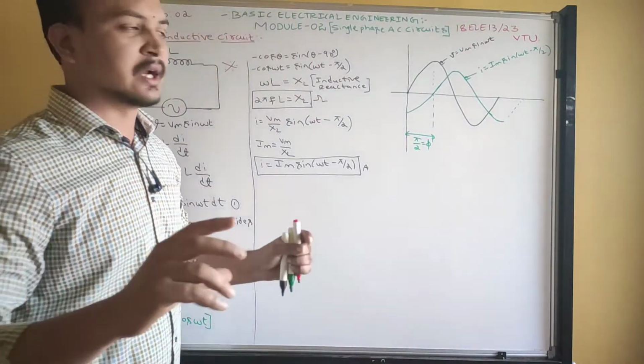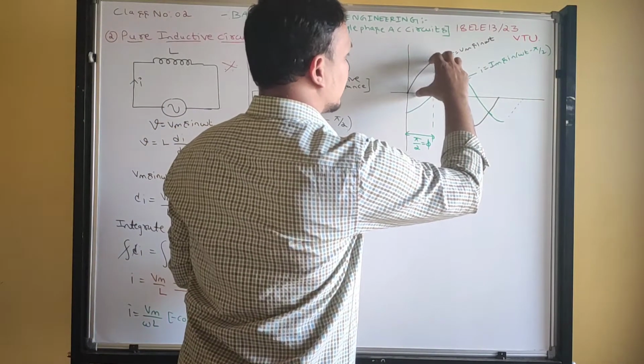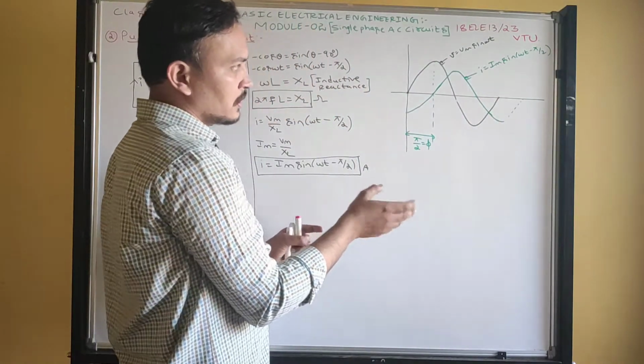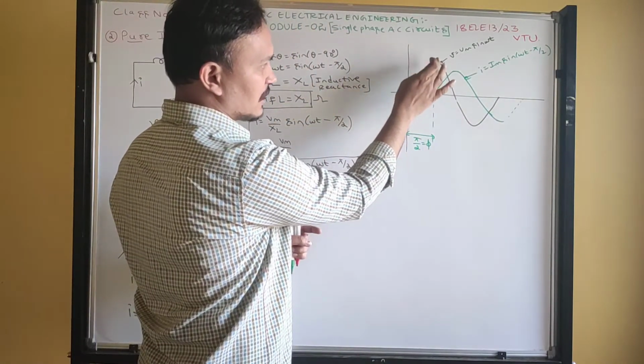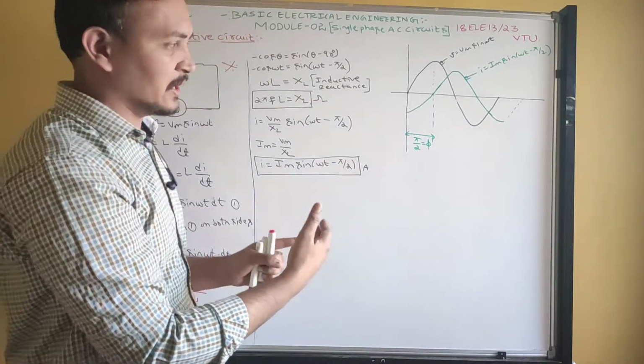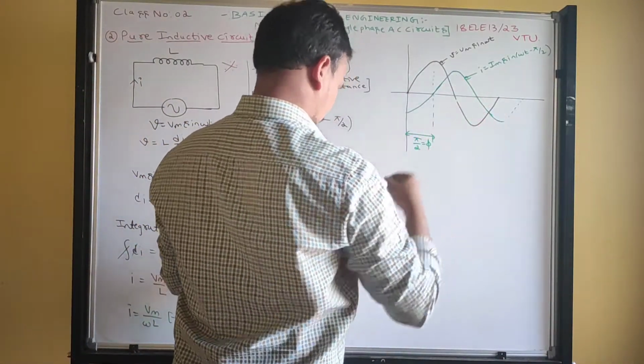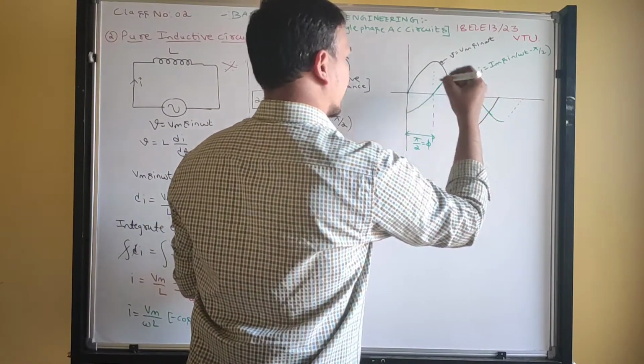See guys, you should draw the waveform with the magnitude we have, and in the same proportion you write the negative cycle. It might be that here one is larger and one is smaller because I might have written it like that, but in your book you should write the same magnitude. Okay, same magnitude you write.